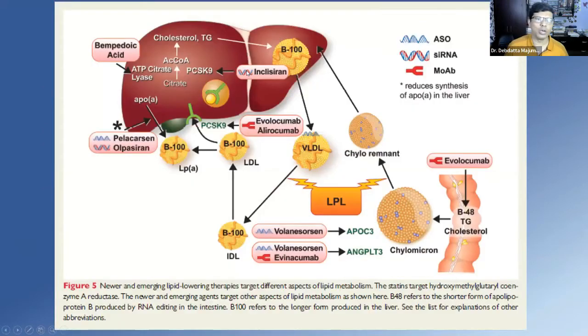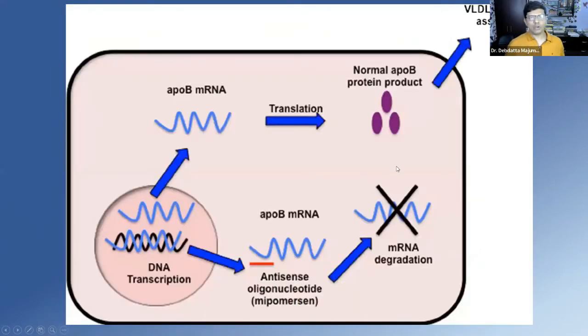So I think it's worth reiterating what we already said: bempedoic acid, we mentioned inclisiran, we mentioned a few lines on evolocumab and alirocumab. What we did not mention till now is these newer agents. We will speak of that, at least to name them. Pelacarsen. So anything which is 'sen' is an ASO. I'll just speak of that. And olpasiran. 'Siran' is again like inclisiran, siRNA, and this siran is for Lp(a), we are going to discuss. And I think we should speak a few lines on this as well. So now come to another